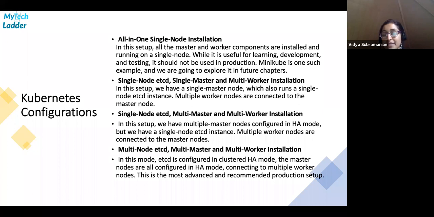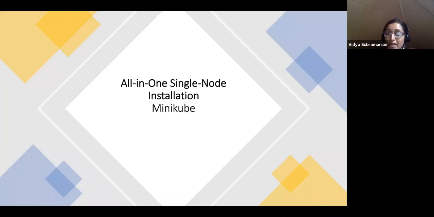For the sake of today's exercise, we definitely don't need any of that. And like I said, we can have subsequent sessions if there is interest with those flavors of installations as well. But for today, we are going to say all in one single node installation.